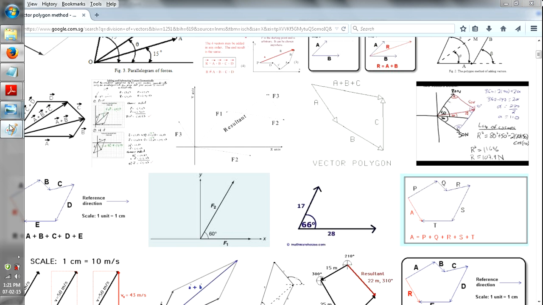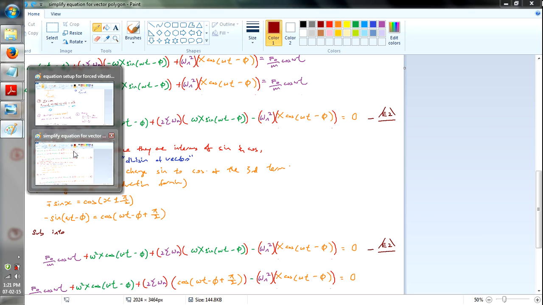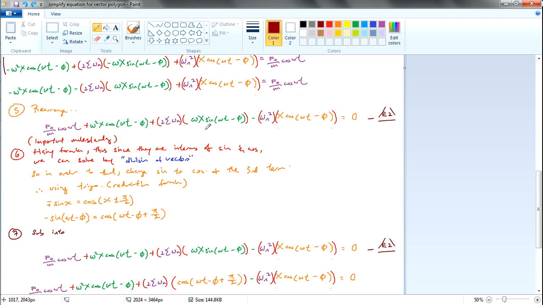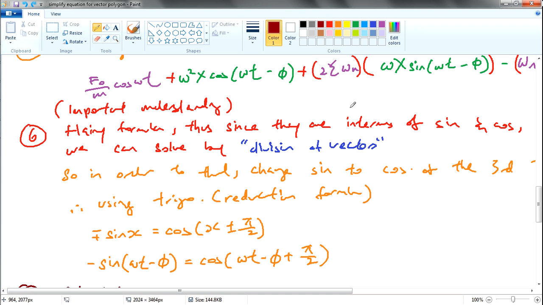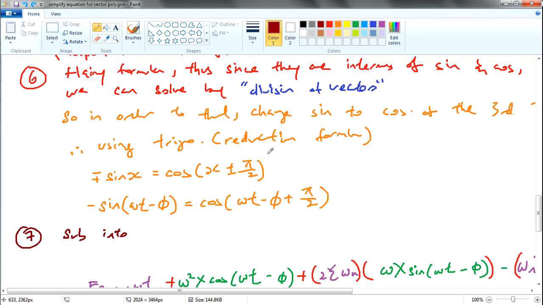So why do they want to change sine to cosine? It's simply that they don't want to confuse sine and cosine. I think it's just for the sake of neatness, so they changed to cosine. I talk so much about changing sine to cosine, but I haven't told you how to do it. We can solve by using a reduction formula. Using this formula over here, we just switch sine to cosine only. That's all, and then we substitute that